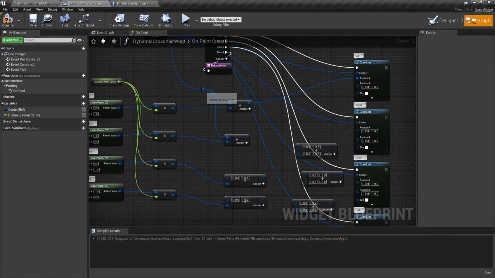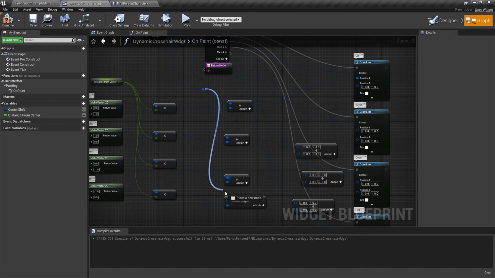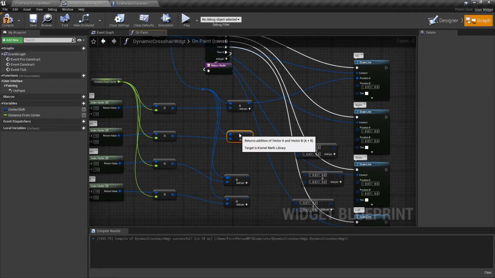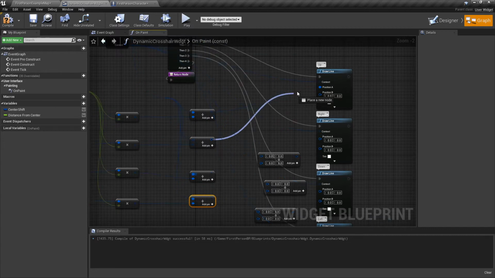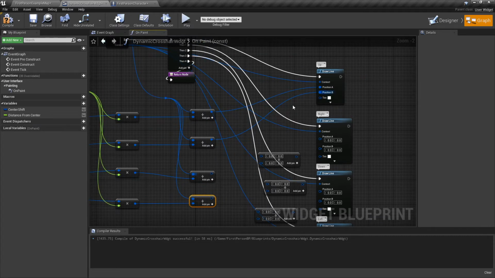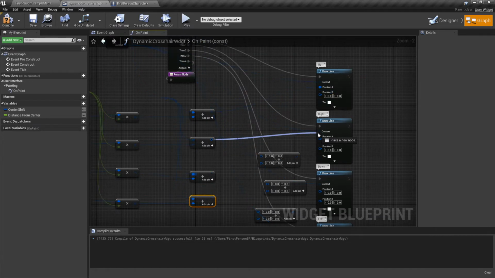And pull off here to add in the center position to each of them. Now each one of these is shifted in a different direction, and so we have our center. And what I can do here, oops, wrong one. What I can do here then is, after I've plugged all of these in,